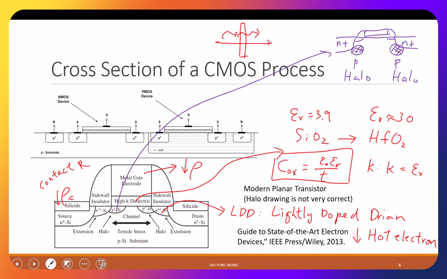Plus, you need to add stress strain to enhance the performance. And that is something you can spend the whole semester to study for device physics, but we won't do that. That is not the purpose of the class, but I want you to be aware of that. Any questions? Okay,